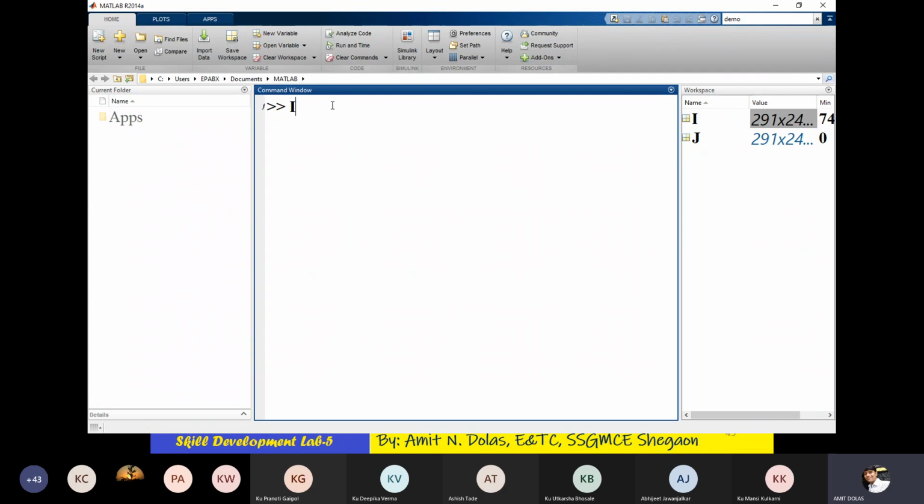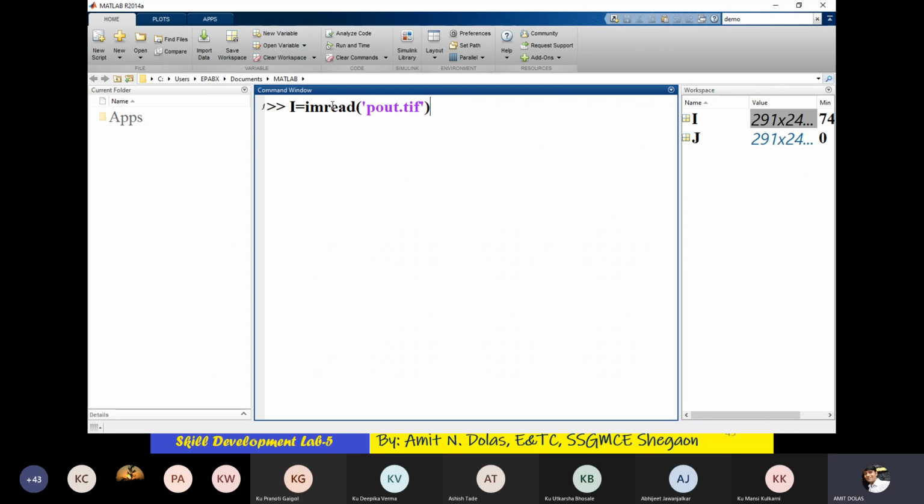In the command window, I will write I is equal to, not necessarily I, you may write A, B, C, D, any variable name. I is equal to imread in brackets, single quote, pout dot tif. Complete.